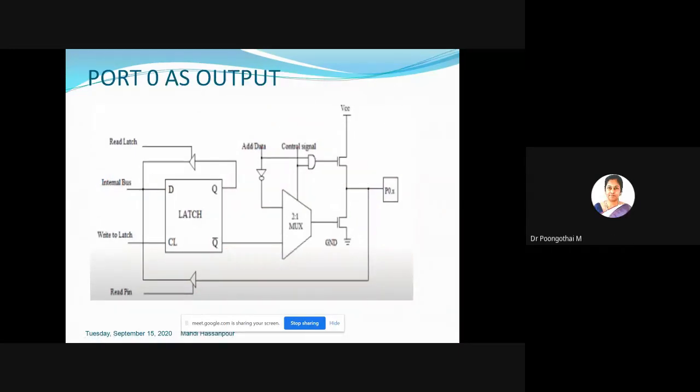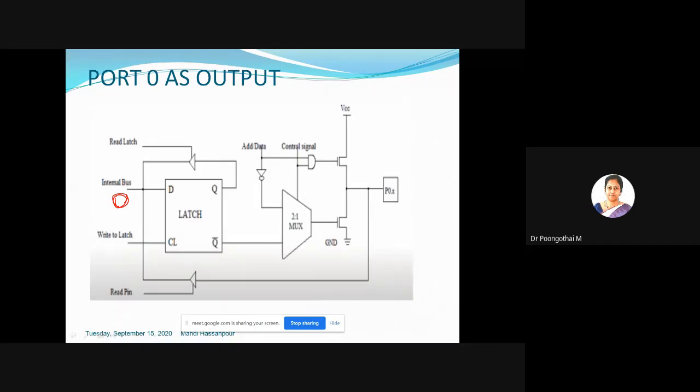So next, port 0 as output. To make port 0 an output, 0 has to be written in the D latch. So find out the output. What is Q? What is Q bar?